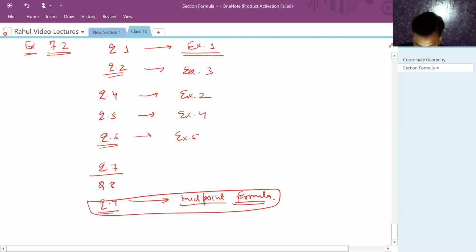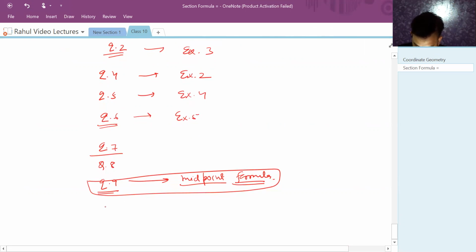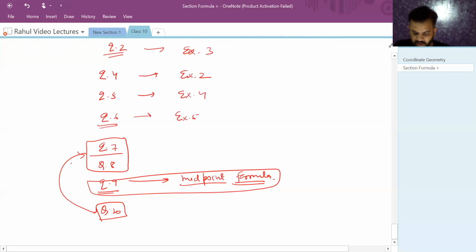And question number 10, find the area of the rhombus. So in the next video, we will discuss question number 7, question number 8, and question number 10. Okay. So this is all about your section formula and exercise 7.2. You can practice. If you are not able to solve any question, then you can